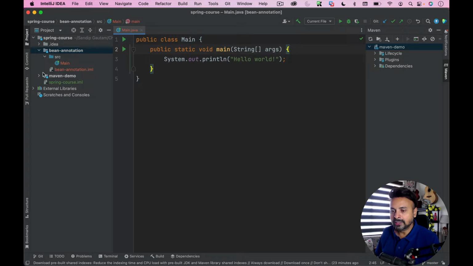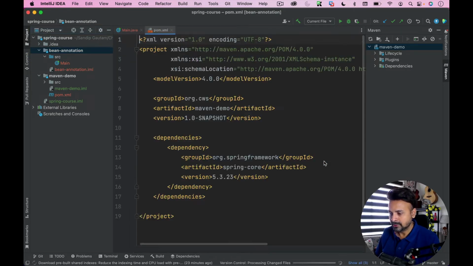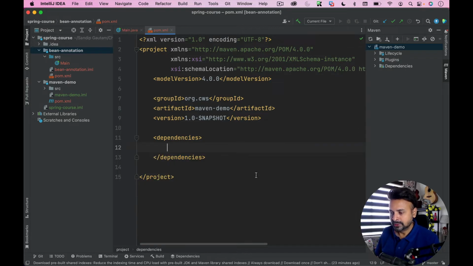Now here I need to add the pom.xml file, right? Because I need to add the dependency. So just to save time, I'm going to grab the pom.xml from the last project and paste it here. Okay, so this dependency I'm going to remove. And